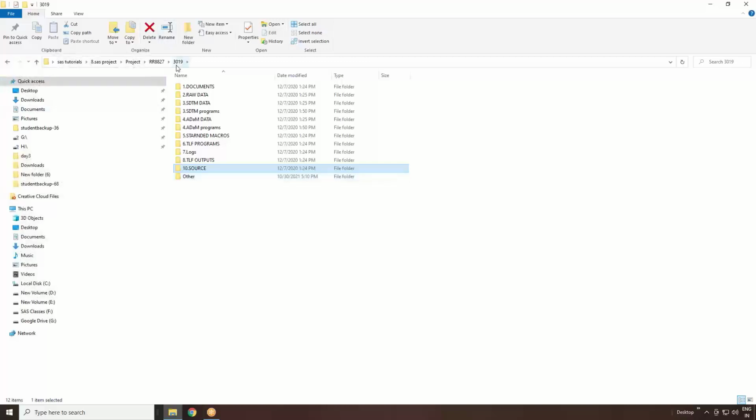Let's say 3019 is the study, you have access because you are working on it. Maybe 4 more members are working, and only you 4 have access to see all these documents. The remaining persons can't access it, because it's read-only access for them, and read and write permissions are only for your 5 members who are working on this particular project.